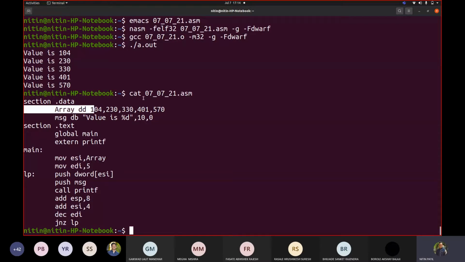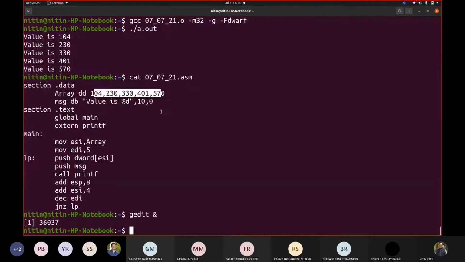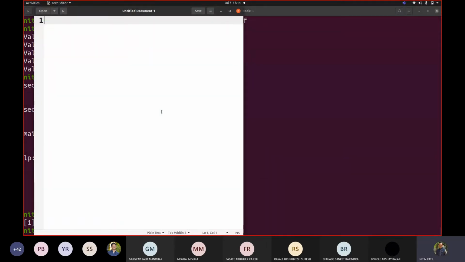How does an array work? Like if it is your C code, how does an array work? Can somebody tell me how an array works? Okay, let us say your array is this. This is the 0th address, this is its next index, 2, 3, 4, 5, 6, 7, 8, and 9, if my array size is 10. So this is what we take, array of i. So array of 0, array of 1, array of 2, array of 3, and so on.